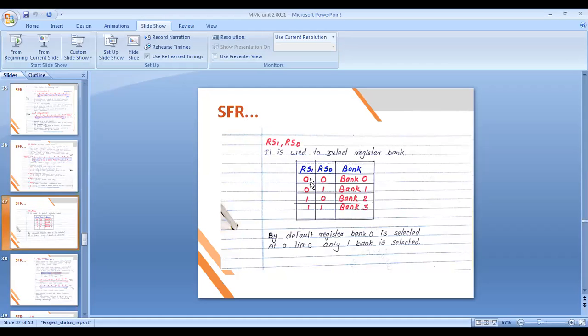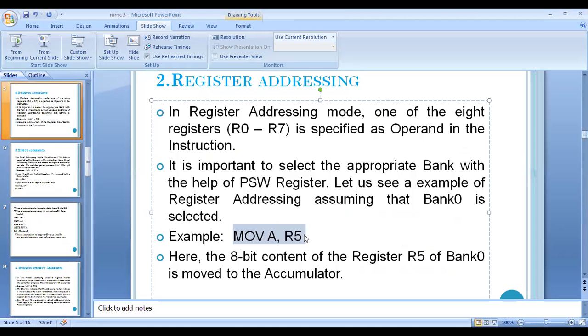If these 2 bits are 1 0, then the system comes to know that whatever R5 register is there, it is from bank 2. If there is nothing mentioned in the instruction, then in that case, whatever R5 is there, it is by default considered from bank 0. If you do not do bank selection while writing the program, then in that case it will take bank 0 by default. Meaning whichever registers are used will be from bank 0.